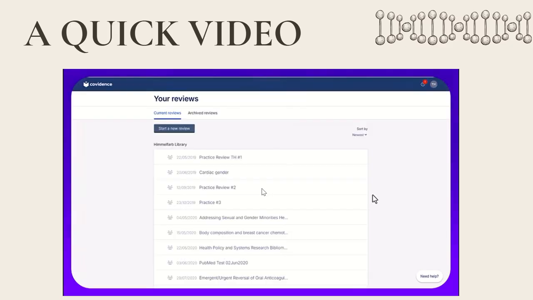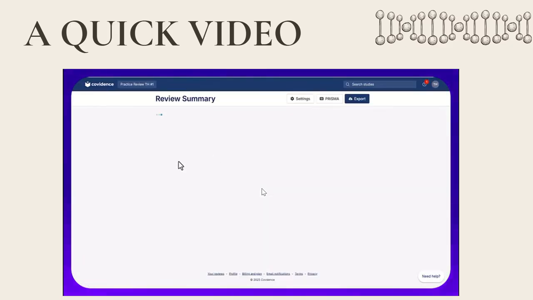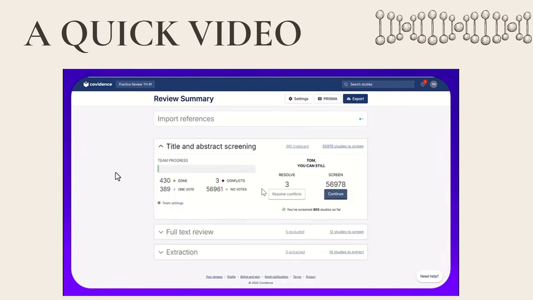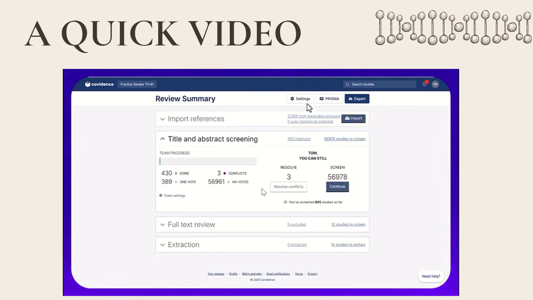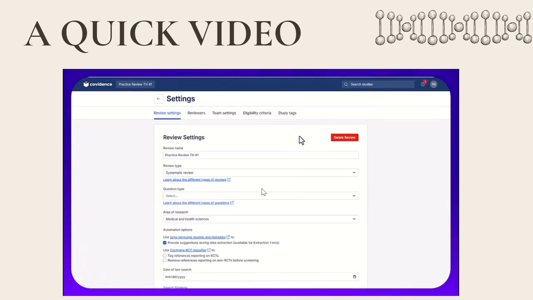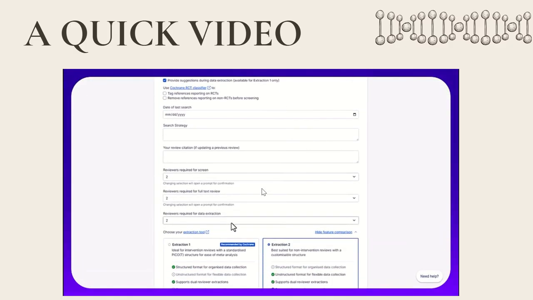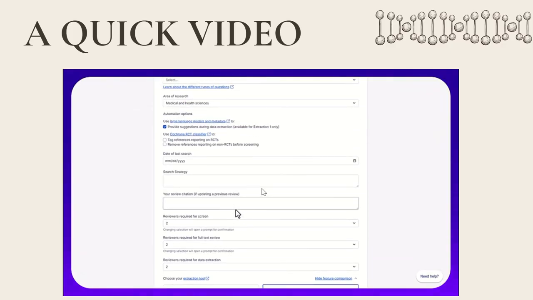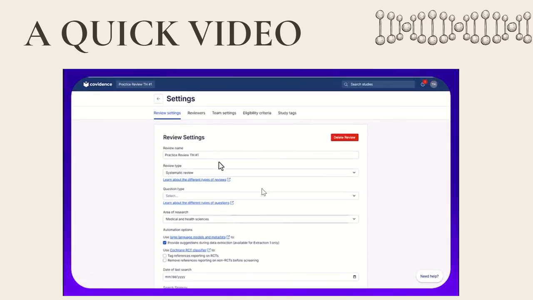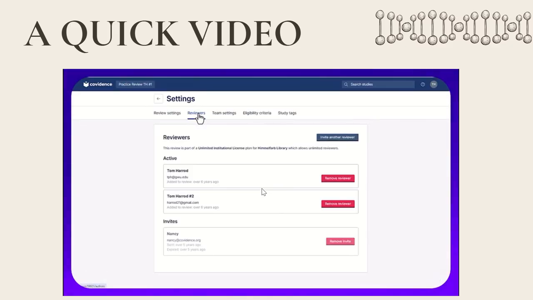Now that I've created my project, let's take a look at one of those projects, and I'll show you some of the key features. The first is the settings link here. In the settings there are a number of things I can do. One is to change the number of votes required at each stage in the process. As soon as you add more than one person to the project, it will default to 2, but you can change that. It's also in the settings, by clicking on reviewers, that you can invite other people to help you